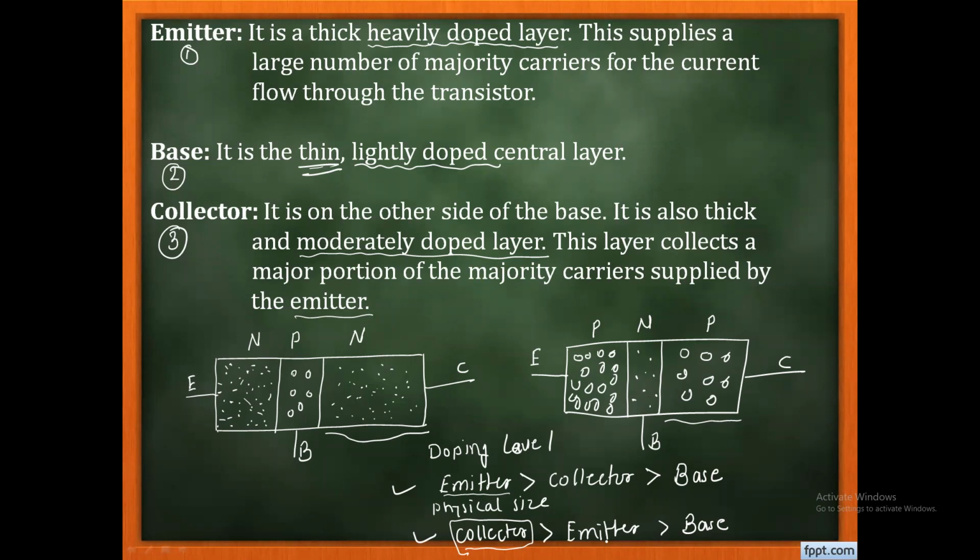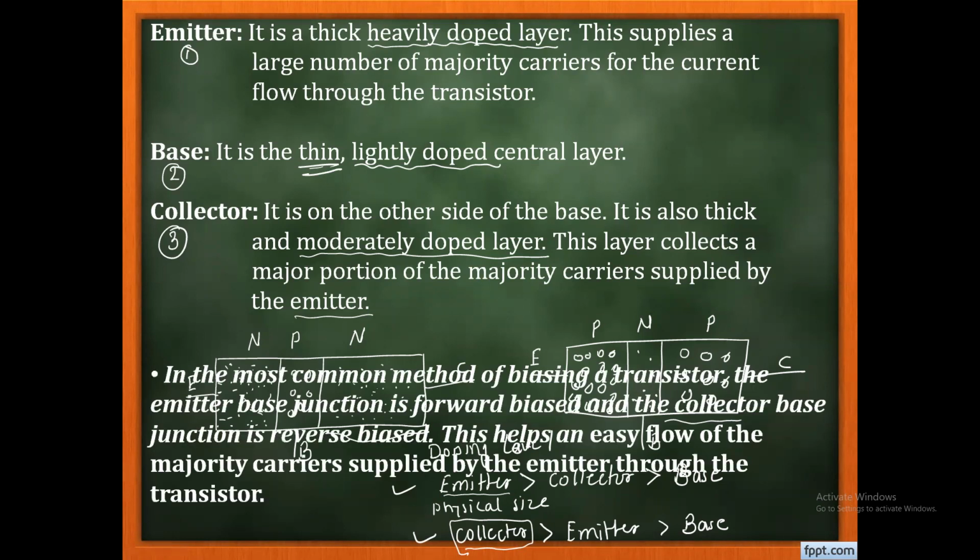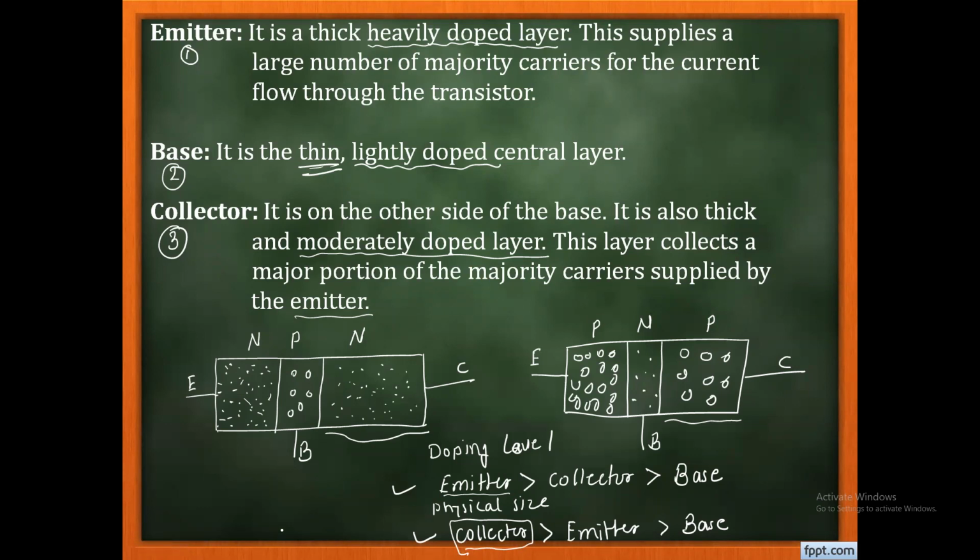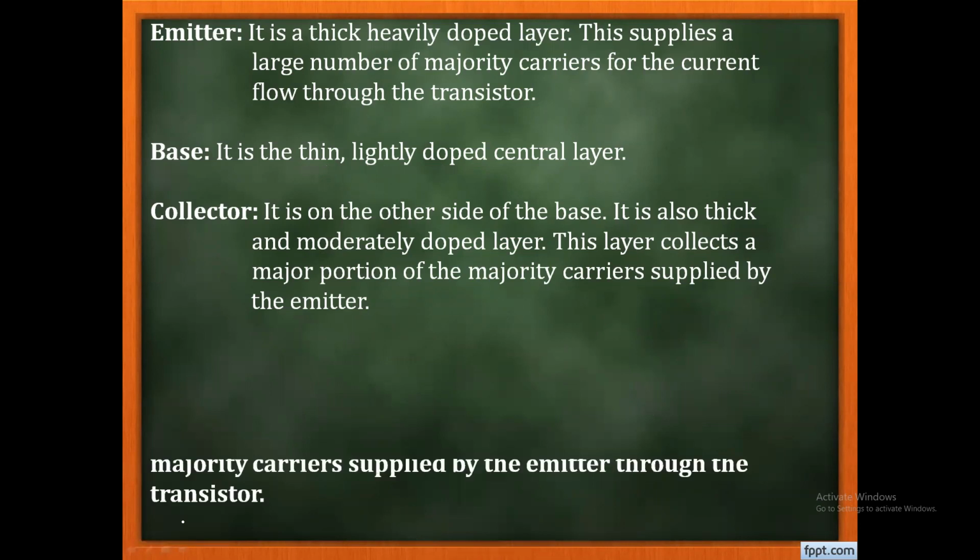Actually, this is the point. But if you observe in a number of textbooks or on the internet, the physical size of the collector region and the emitter region is shown as equal. No doubt about it. But practically, the case is like that. And based on that, there are two things you have to remember. But before that, okay, let me try to remove it. You just try to read it.